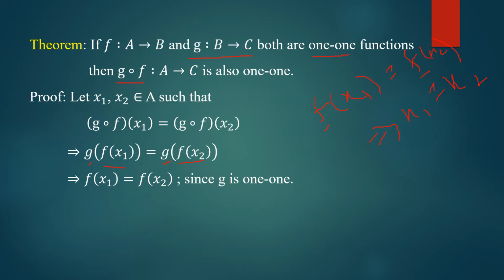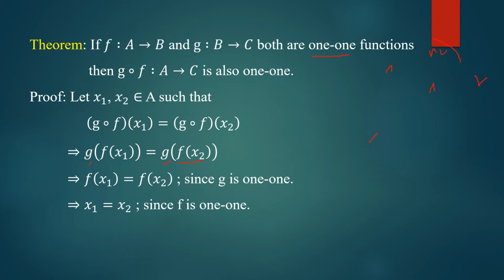are also equal because the function g is 1-1. And again you see f is also 1-1, and therefore the pre-images of the function f are also equal. That means x1 is equal to x2, this one x1 is equal to x2, because f is a 1-1 function. Is that clear? So you see